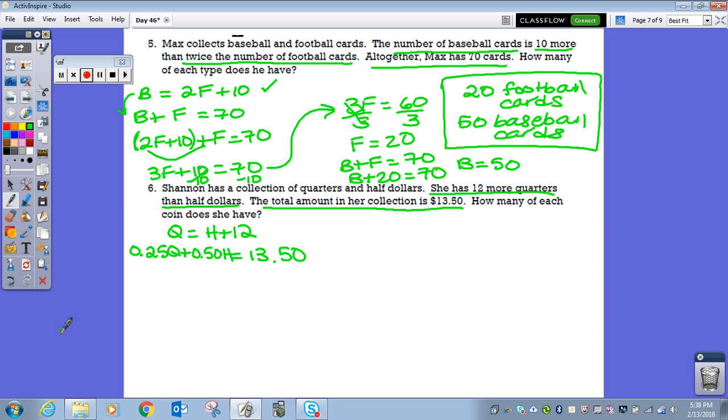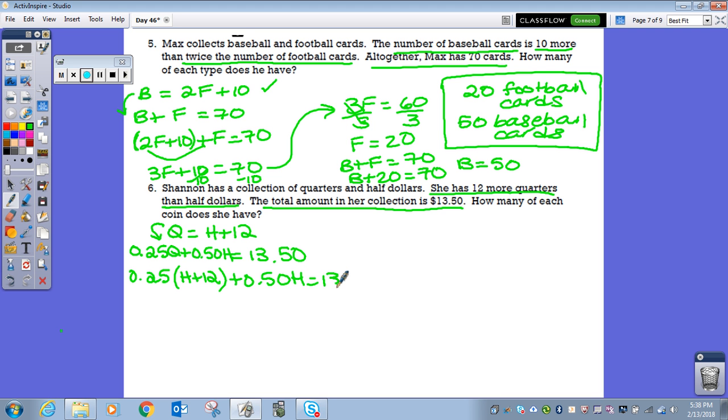It asks me how many of each type of coin does Shannon have, and so I'm going to go ahead and plug in this Q that I have right here. Q is equal to, and I kind of drew that arrow in the wrong place there, but I'm going to take that Q and plug it into the Q that you see down there, into that second equation. And so 0.25 Q, but I now know what Q is, right? It's H plus 12. I'm substituting, right? That's all about today's lesson, is substituting, right? So I'm going to plug in H plus 12. I'm going to replace that, substituted in for Q. Plus